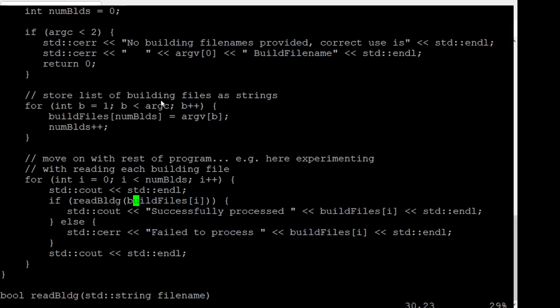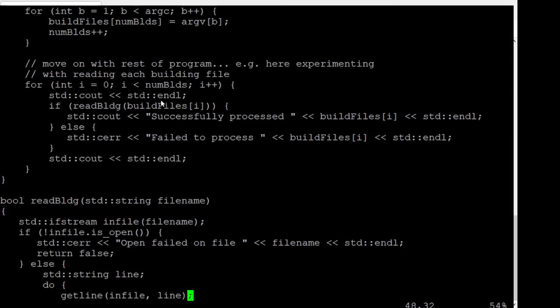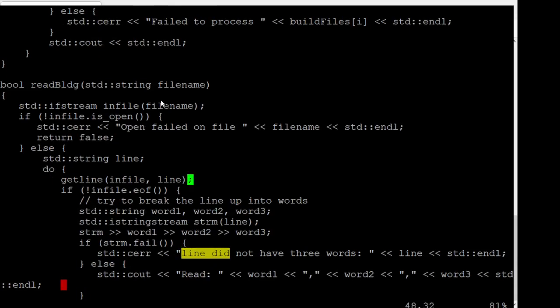I'll pass it the current file name, and I'm just going through each of them. And if it returns true, everything worked. If it didn't, something went wrong. Right? So I'm just going to try and read each of those. So in that read function,